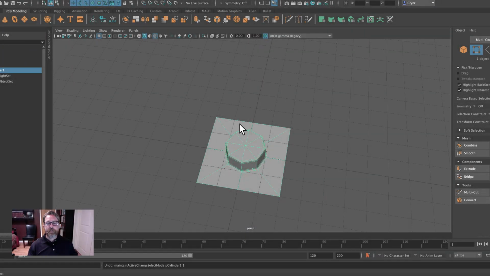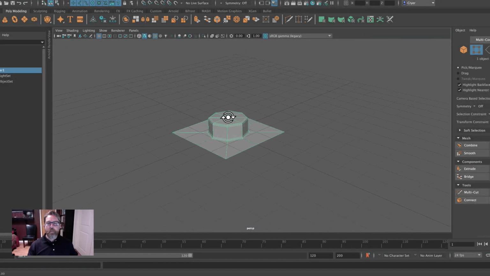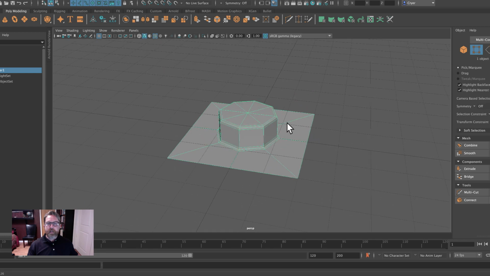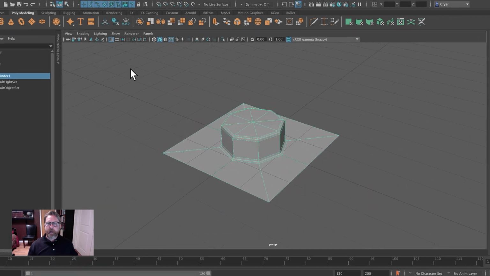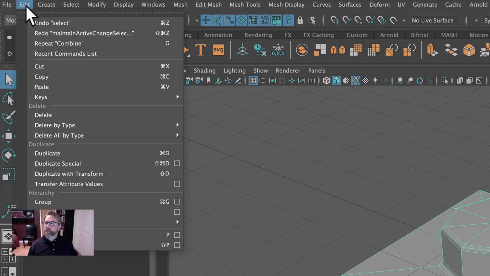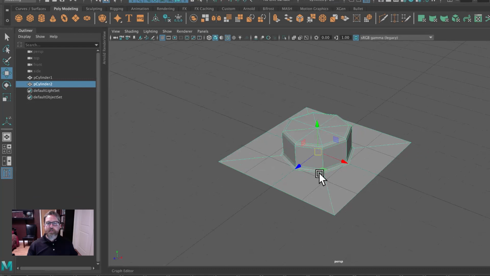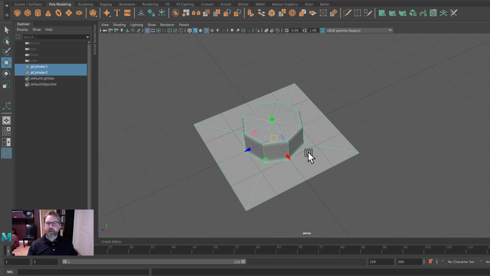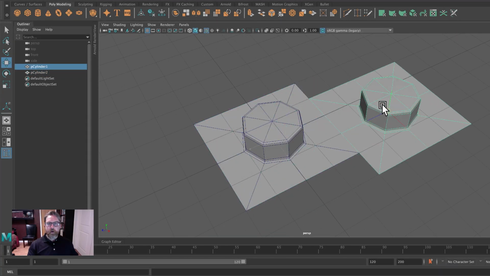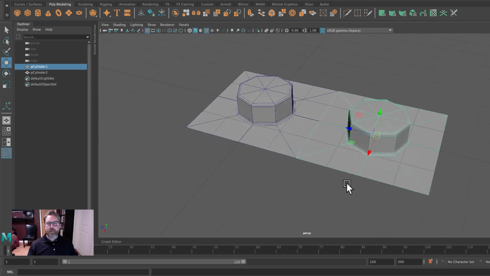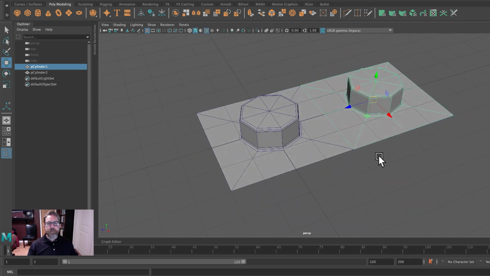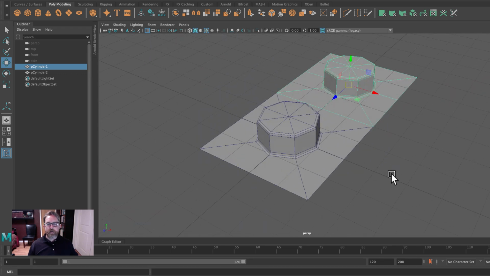Greetings. In this section of the video, we will create a 1x2 brick. We'll begin with our starting peg, and we'll create a duplicate. We'll come up to Edit, Duplicate. If you look in the outliner, we now have 2 meshes, and we'll grid snap this 4 units, let's say in the negative Z direction. So because our pivot's at the bottom, we can just grid snap right here in the perspective